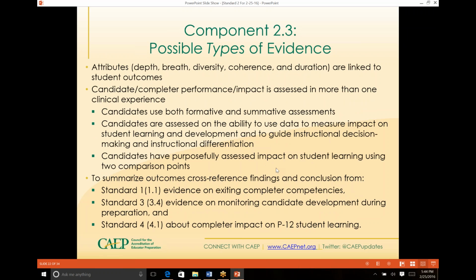Now I'm going to spend some time here talking about these attributes, and I'm going to go into a new slide about the possible research opportunities here. But the attributes of depth, breadth, diversity, coherence, and duration should be linked to student outcomes. So this is new from CAEP, right here in the middle, that candidate and completer performance is assessed in more